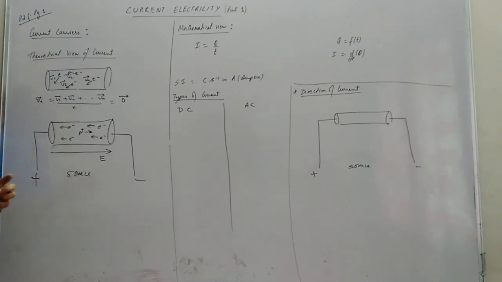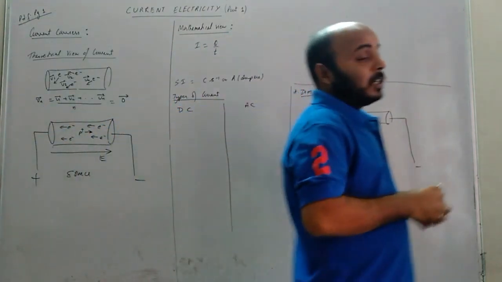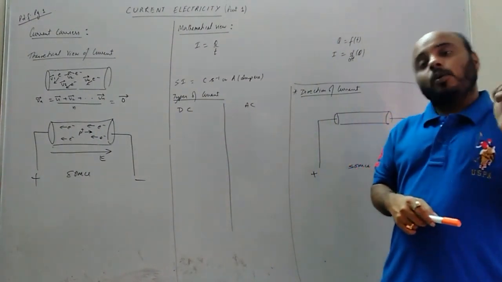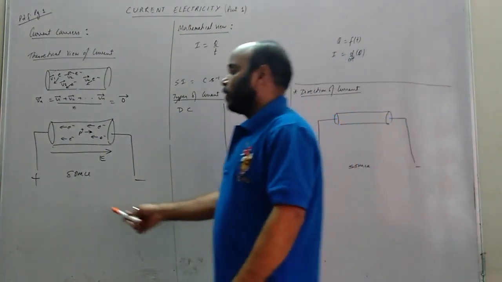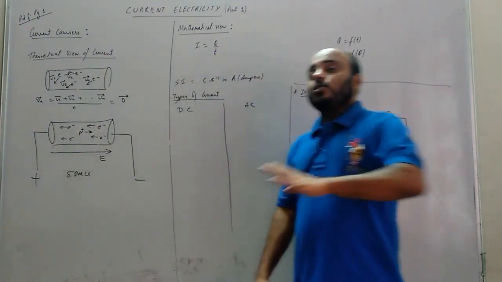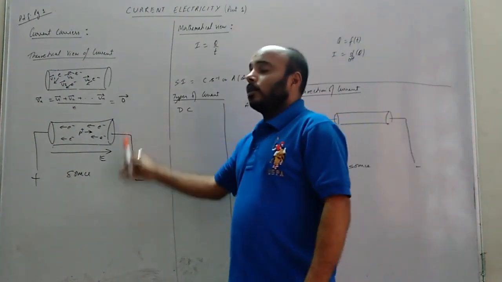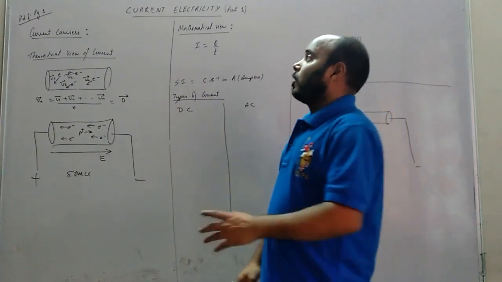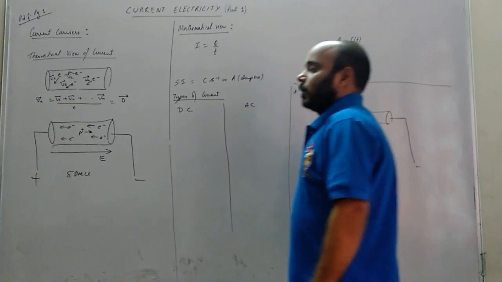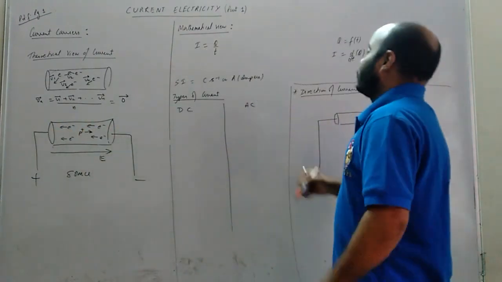Okay, so finally we understood what current is. Theoretically, current is the organized flow of charges, which occurs only if we supply some potential difference, if we connect with some source. Otherwise, there is no organized flow of charges. Understood the theoretical view of the current. Now comes the mathematical view. How can we calculate that current value? Whatever current is flowing through this conductor, how can we calculate it? Calculation of current is very simple.